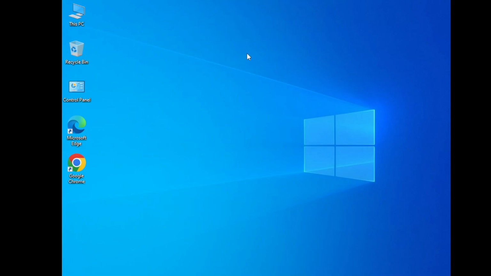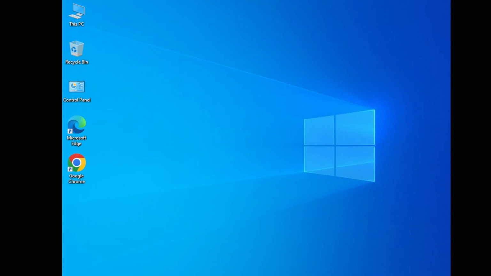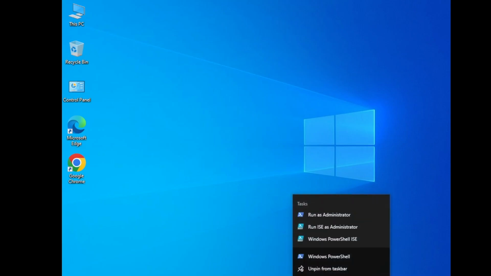Our policy requires two things: the device must be hybrid joined and MFA must be completed. So let's go ahead and sign in using our credentials. But before that, we're gonna confirm if this device is hybrid AD joined.